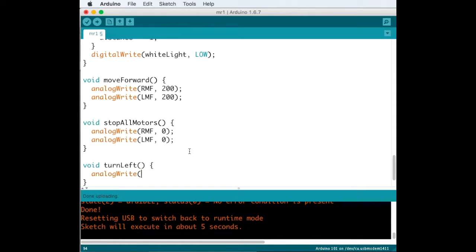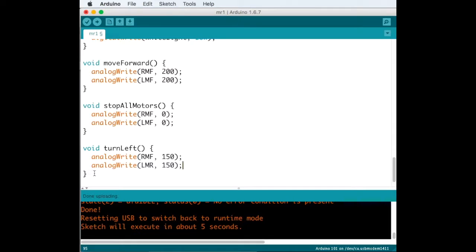So let's just go right motor forward, and I'll move my right motor forward, let's make the turning a bit slower. So we'll go 150, and we'll say analog right, and we'll go left motor reversed 150. Okay,